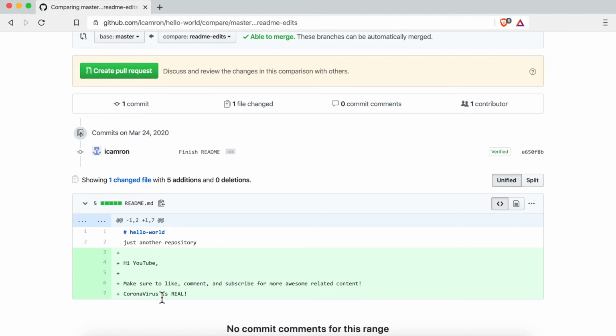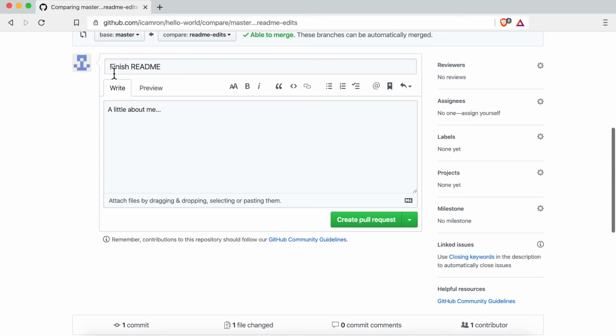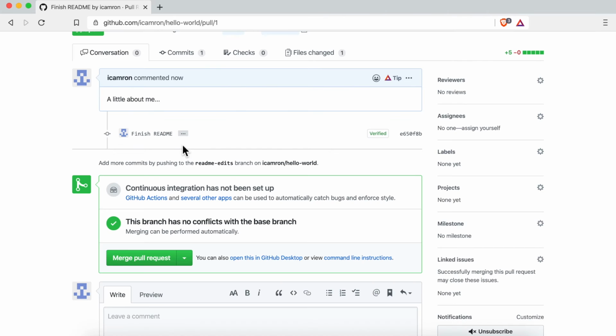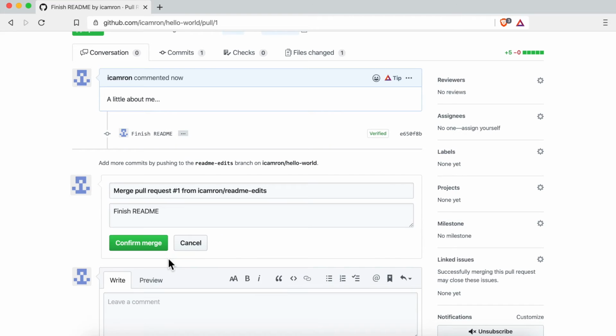Now here it shows the green, this is what was added, and we're going to create the pull request. So basically give it a title and give it a little description and then create pull request. In this final step, it's time to bring your changes together, merging your pull request into the master branch. So basically all you do is click the merge request, click confirm merge,